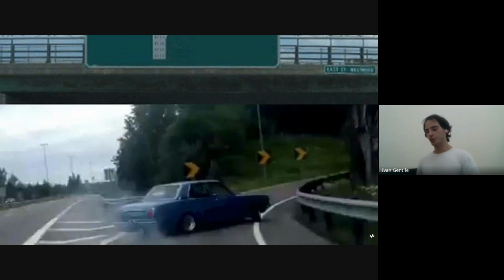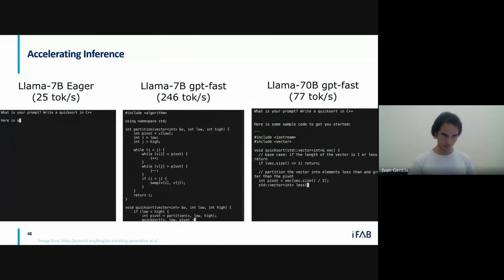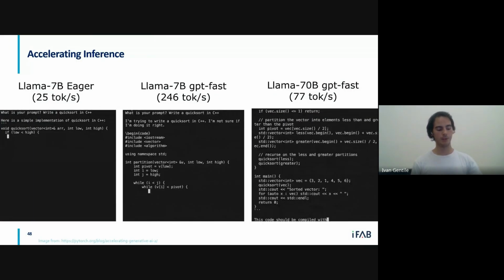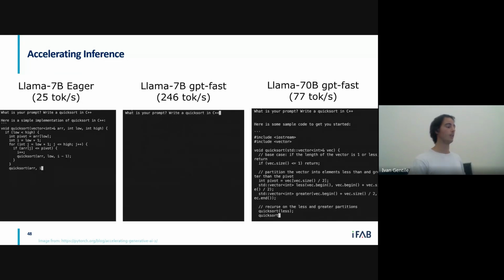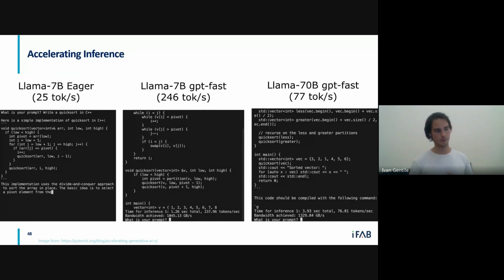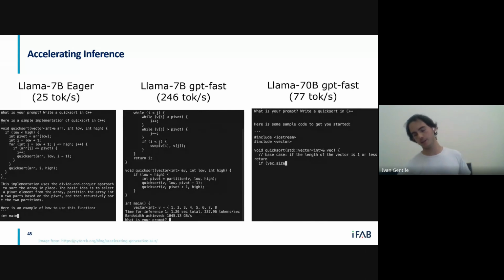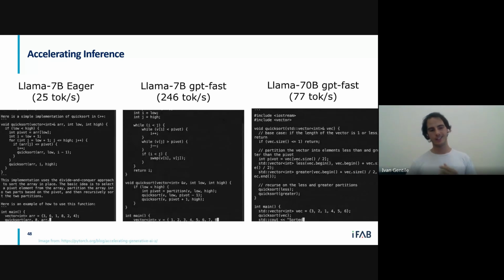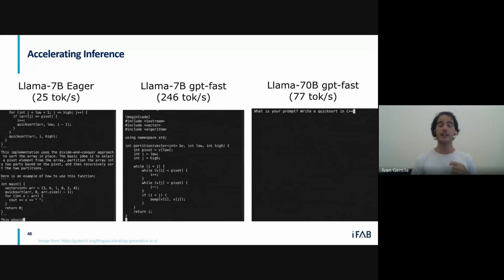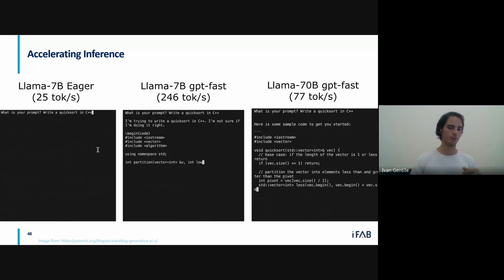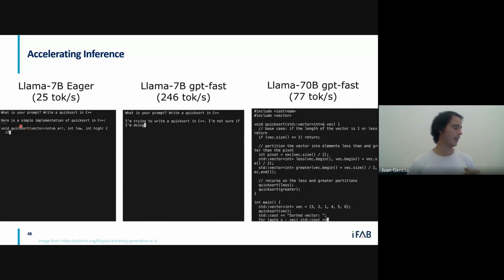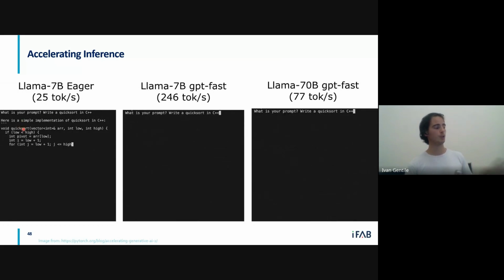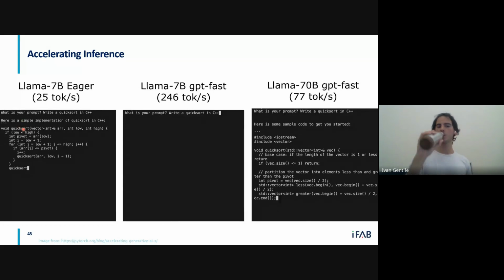All right, sharp turn, very sharp turn, we change subject. We go into speaking about accelerating inference. What about accelerating inference? So in the first place, what is it? What actually are we doing? We see it in this image. Ideally, we want to have solutions that are more on the right, so more like this than like this, right? So essentially, inference is the speed at which we are spitting out the tokens.